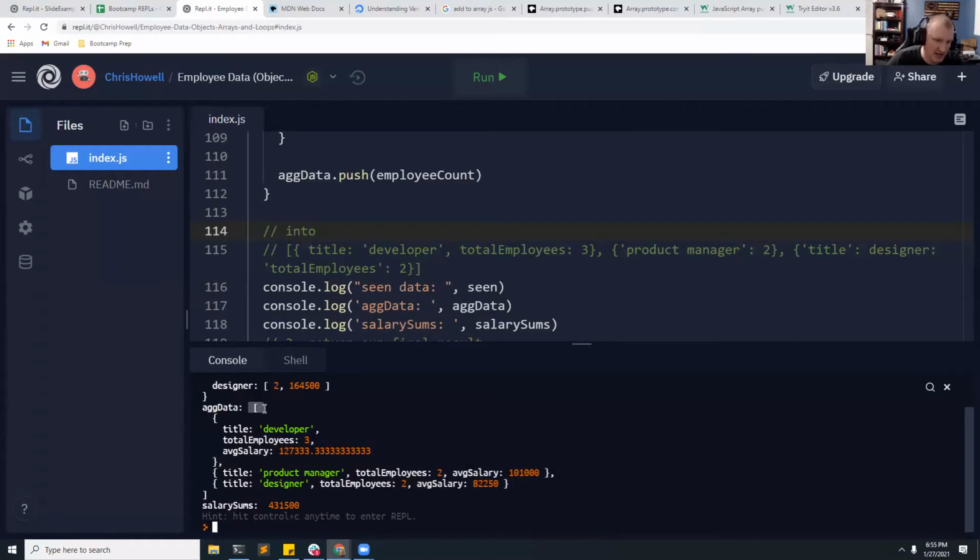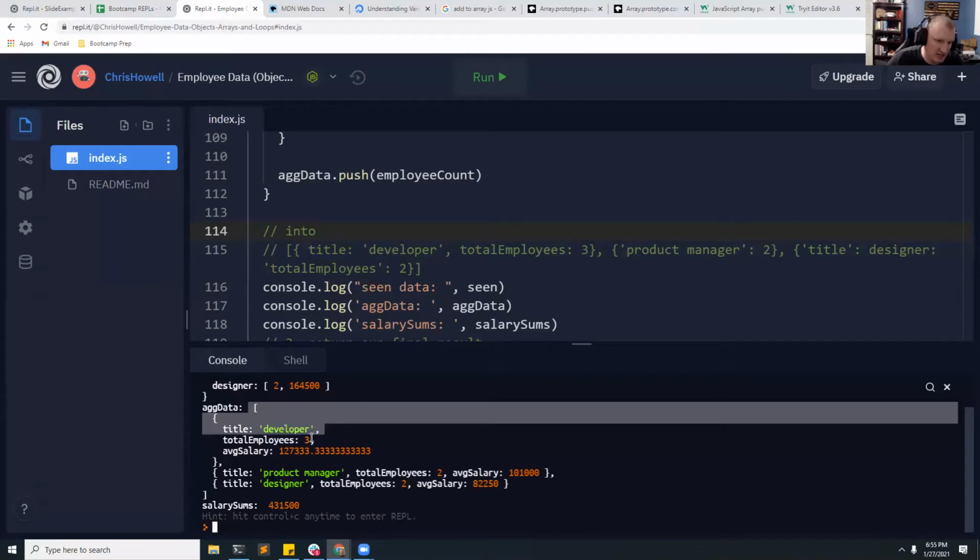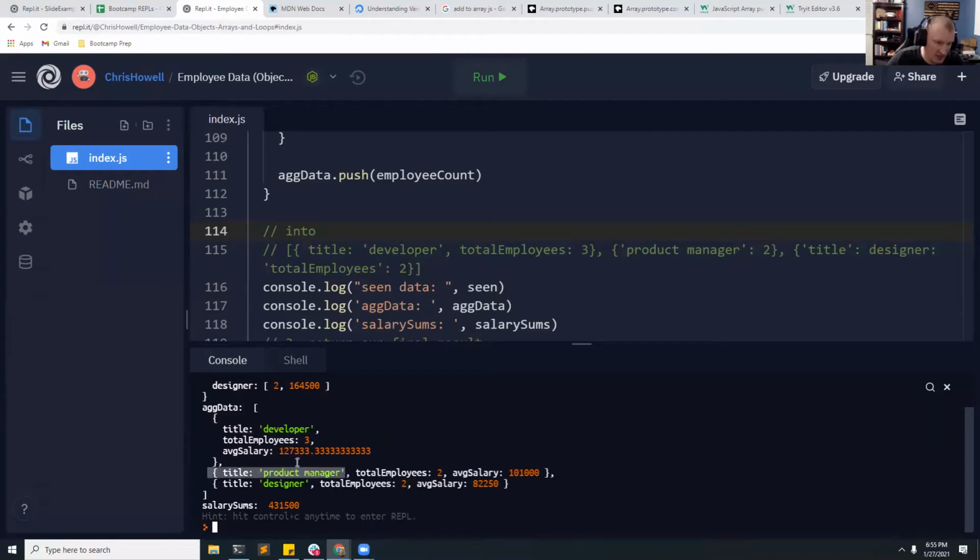So I have my array with an object. Each object has its unique job title, which is what it wanted. The total employee count, we can go through and count them and make sure this is right. I'm pretty sure this is right. There was 3. The average salary is saying, it's actually a bigger decimal, but it is